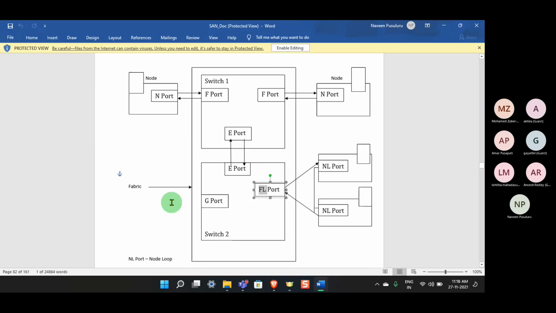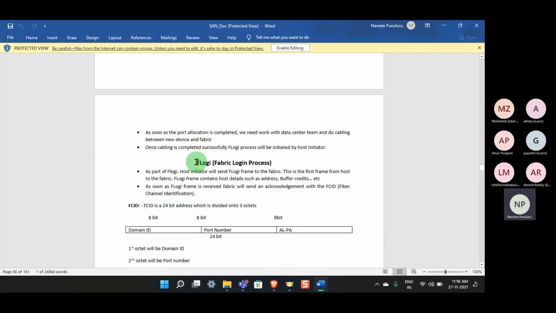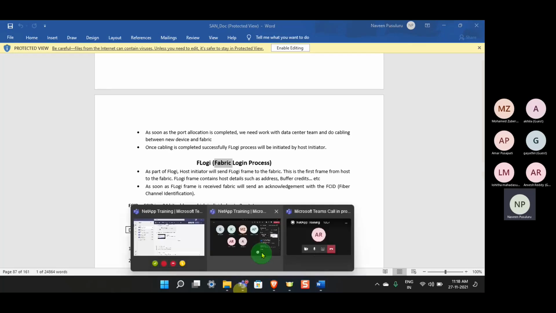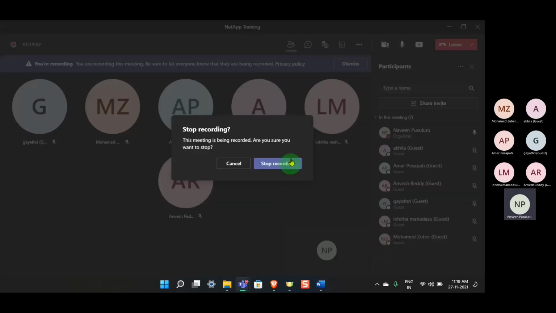Let's stop for today, because if I start the flogi process again, it will be one full day topic. I also need to discuss zoning, so we'll connect tomorrow, because it will take a full class of about 1.5 hours. We have two more classes, and within them we'll be able to finish the entire FCP. After that, we'll start the next topic. And guys, one more thing, as we already started SAN,